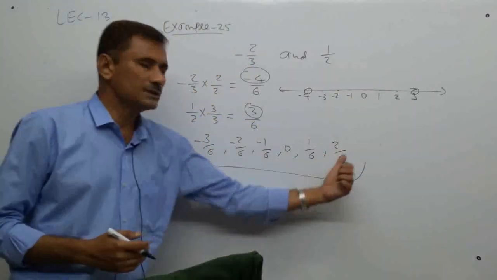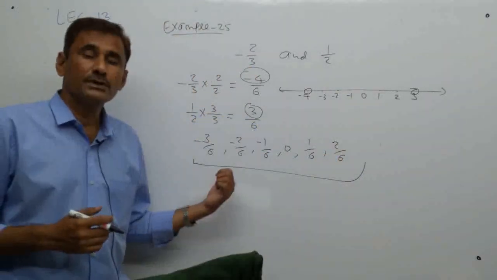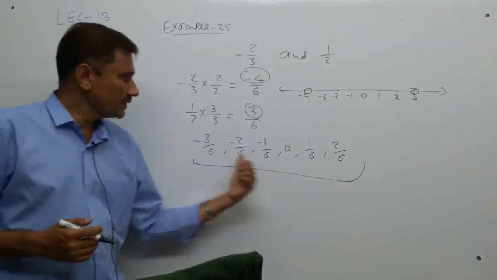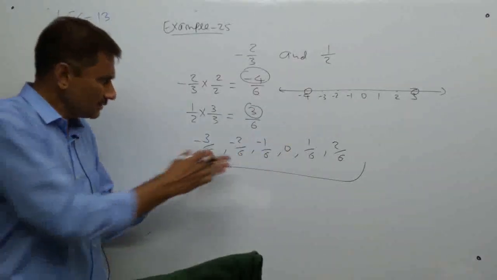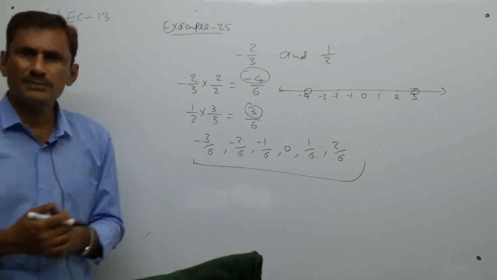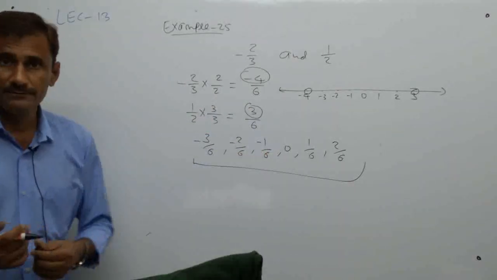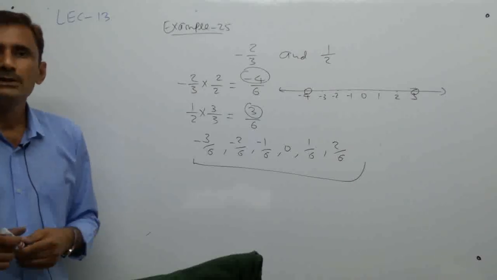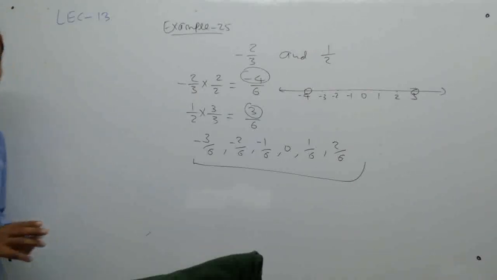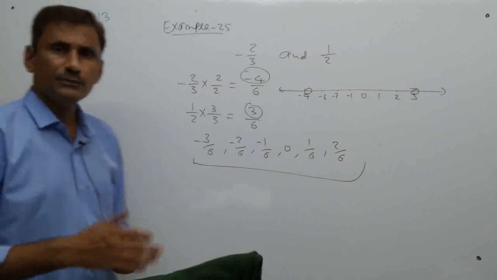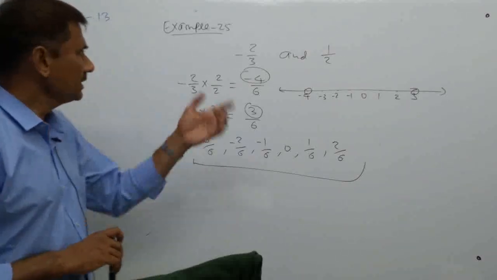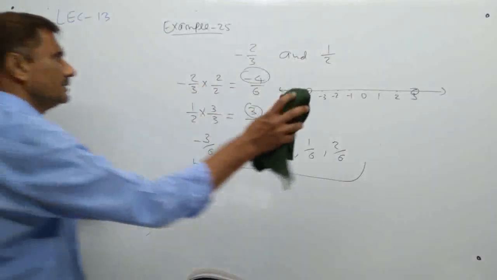So upon 6 you can put in the denominator. So many numbers are in between. Even you can write more numbers also, but easily you can insert 6 numbers here. Okay, so I hope you understood. We are getting more and more practice. Okay, now you can note it down.